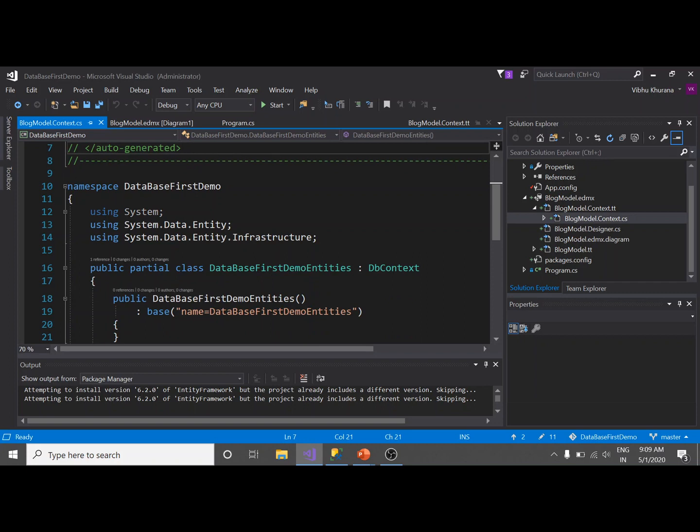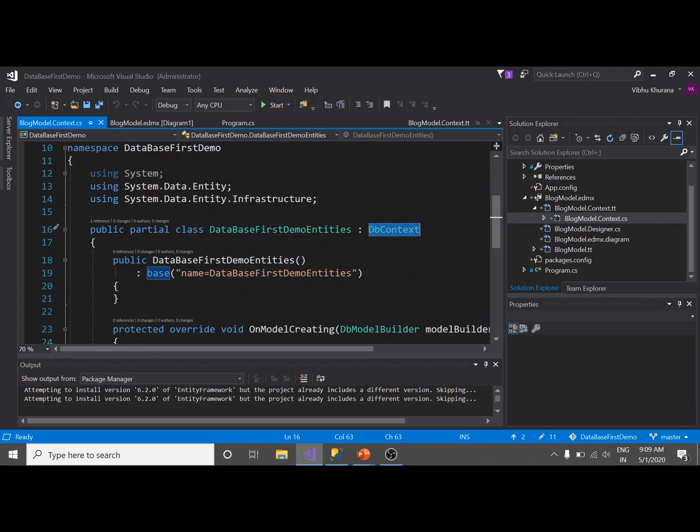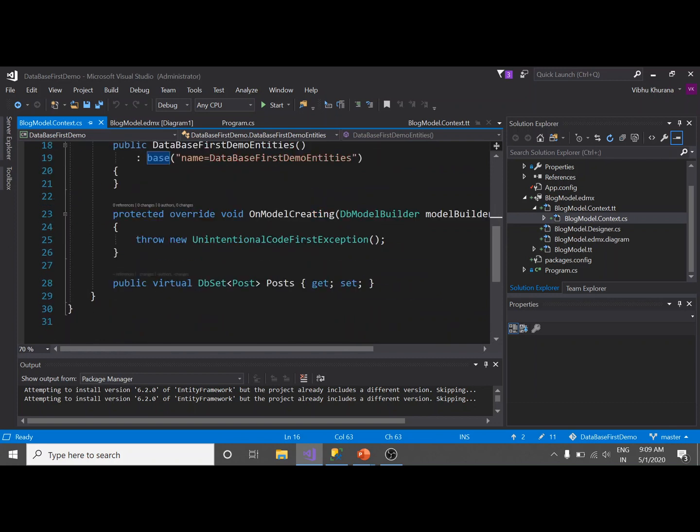And you see that this class is derived from DB context. So DB context is a class that is an abstraction over the database. So it provides a simple API to load the data from or save it to the database. Now I scroll down a bit. Look, we have a property of type dbset called posts.